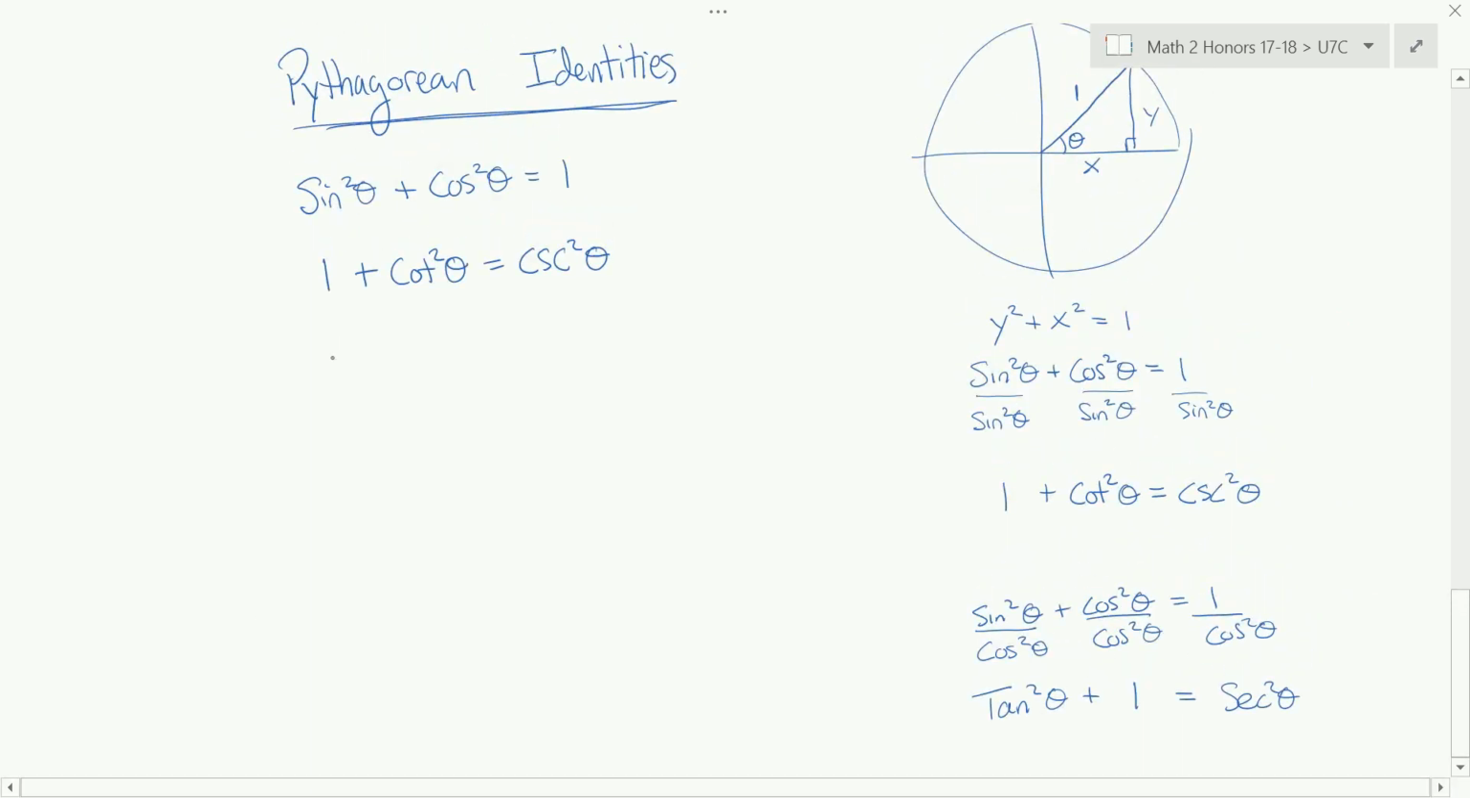So tangent squared theta plus 1 equals the secant squared theta. And the last two sometimes are hard to remember, so you can either derive them each time, or you can